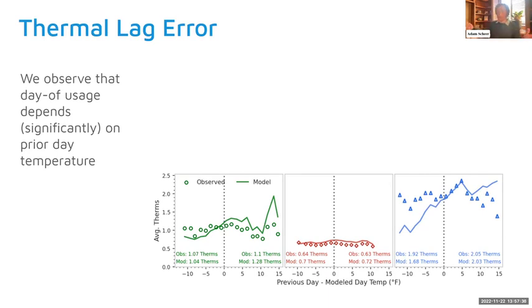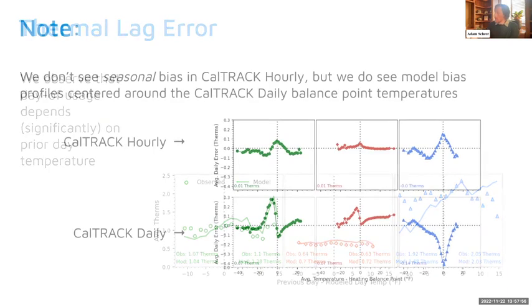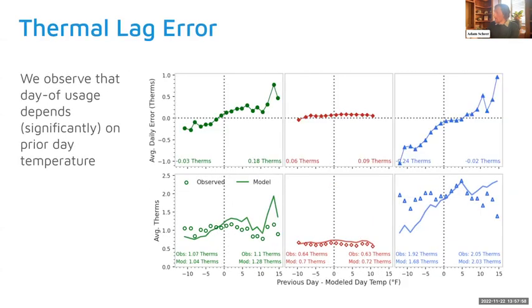And as you get further and further away from 0, that temperature difference grows and grows. So again, shoulder, summer, and winter as we go from left to right. And you can clearly see that there is a real impact that the previous day's temperature has on current day consumption. And I went the wrong way there. This is just, again, blowing up that error profile itself. And you can really see, this is a real thing.